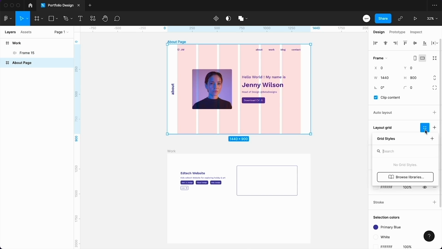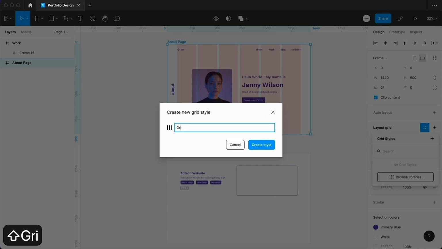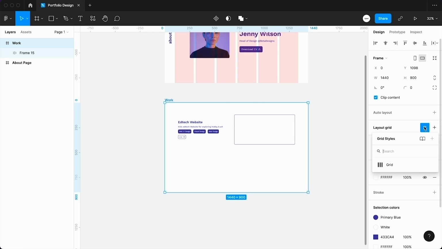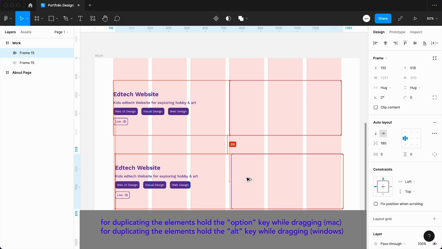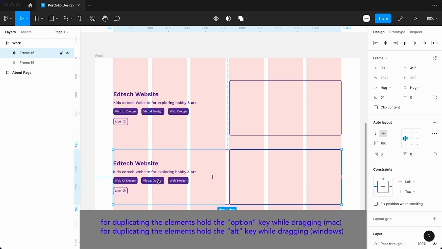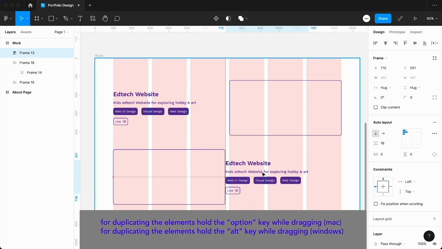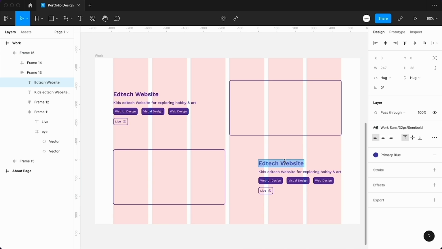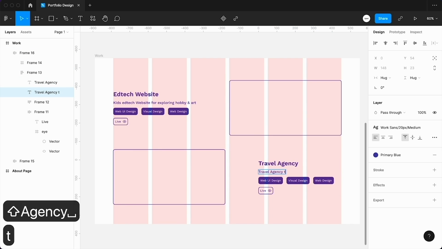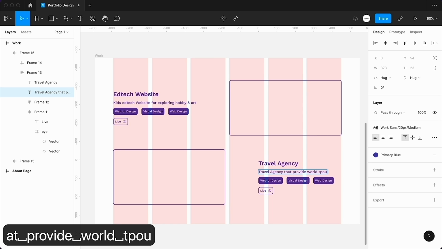But before that, let's put this grid into the design system. Now select this frame and turn on the grid and arrange these elements with respect to the grid. Now take one more copy and place it here and reverse it like this. We can easily reverse this because we have added auto layout to it. Change its text from Edtech website to travel agency and change its subheading to that is a travel agency that provides